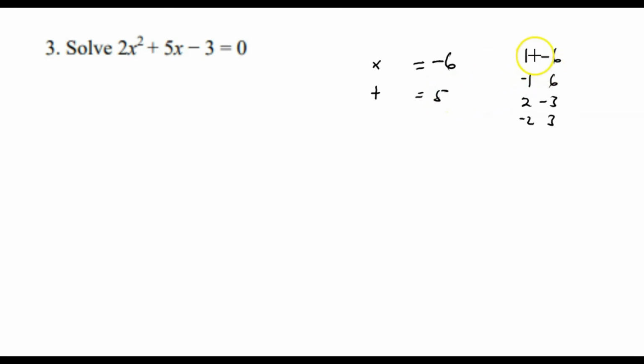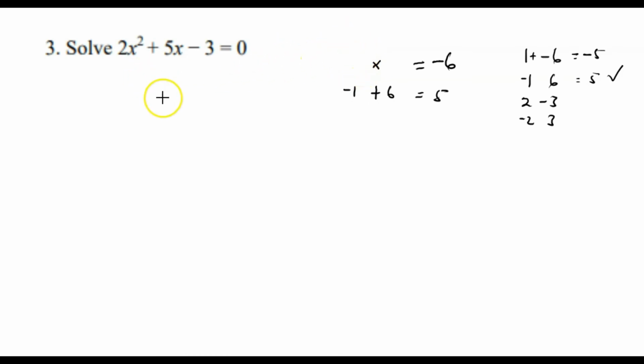And you realize that adding 1 and negative 6 will give us negative 5, so it means it's not a possible solution. Negative 1 and 6 will give me positive 5. So automatically, we need to select that. I wouldn't waste time going to the 2 and negative 3 and negative 2 and 3, because it wouldn't give us positive 5. So we are going to have negative 1 and 6 being the perfect pair of numbers that will satisfy our